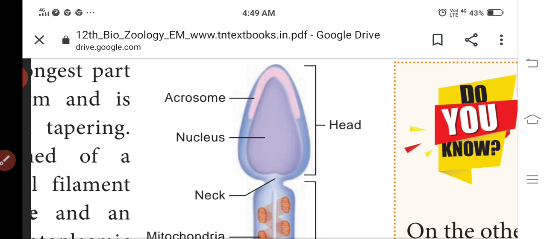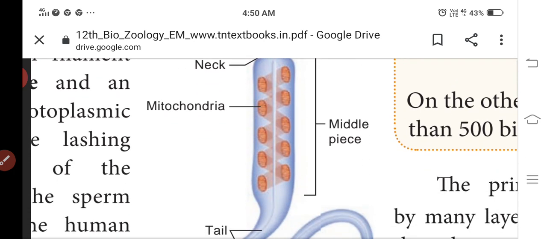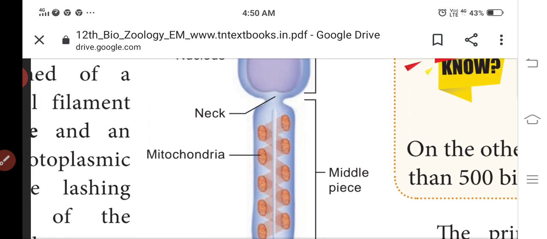The human spermatozoa slides are here in our lab. The permanent slides are here. You will find the human sperm in the microscope. Later we will observe it under the microscope. Now, this is the human sperm. You see it in your book, page number 16. What are the parts here?